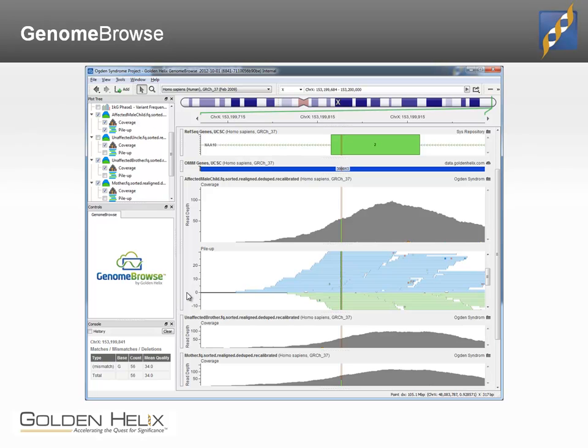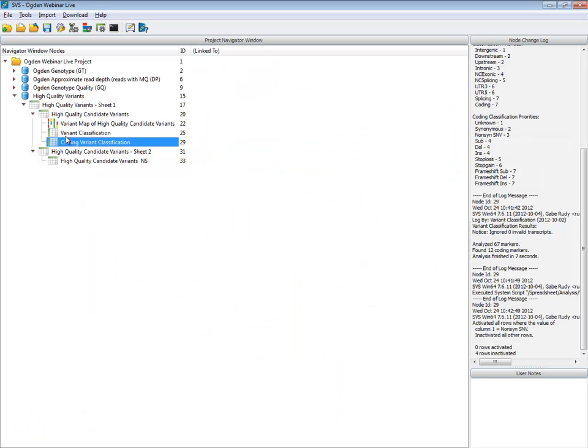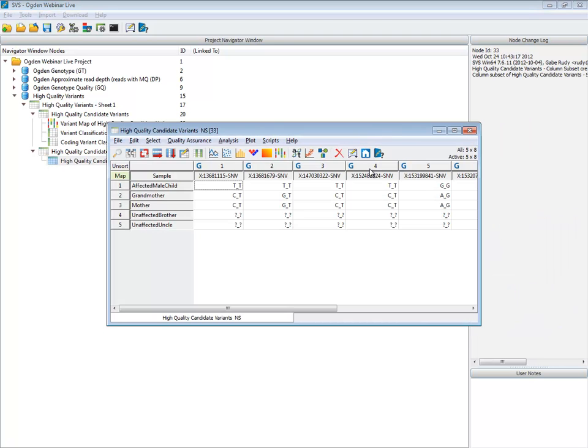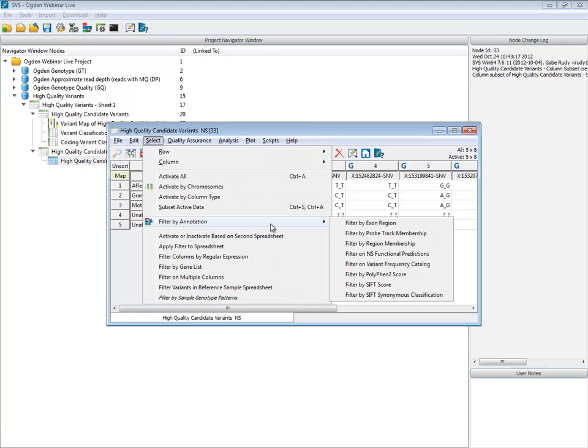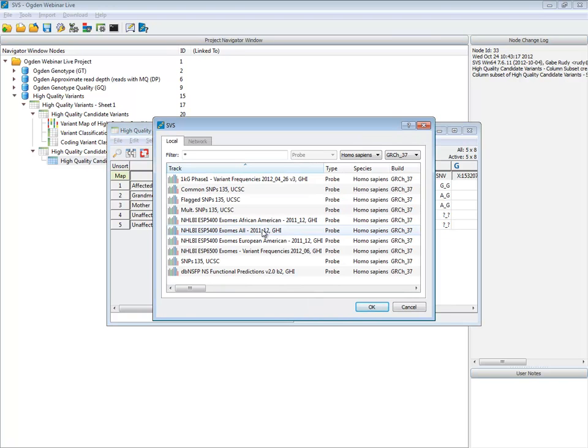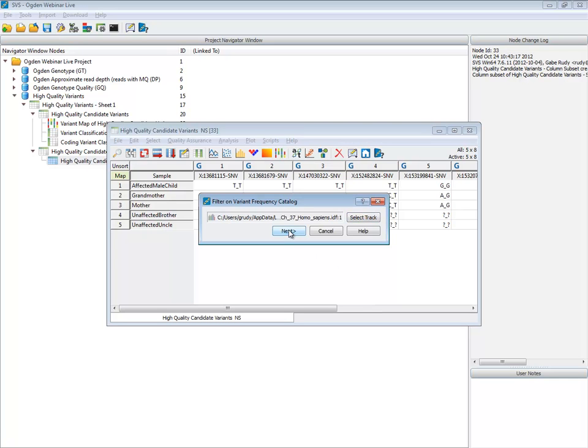So before we jump into anything else, let's go ahead and take our non-synonymous variants. Here's our 8, and do those 2 annotation steps. So I'm going to go to Select, Filter by Annotation, Variant Frequency Catalog, select that 6,500 exomes. There's a previous release in which the cohort was smaller, but we're going to use the latest release, 6,500 exomes.